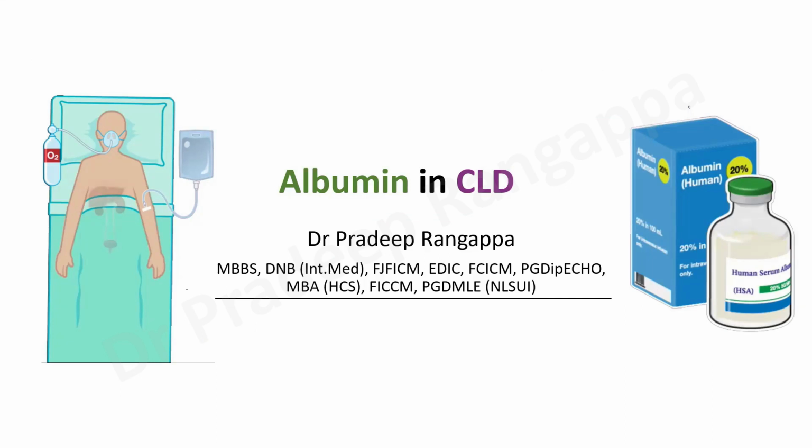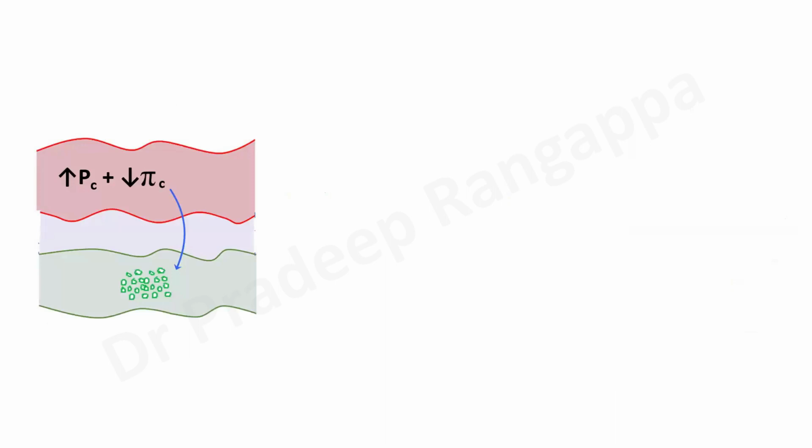This is a good topic for intensivists to ponder and have clarity on where albumin could be used as a definitive utility. In the first three slides, I'll talk about the pathophysiological aspects as to why albumin holds some promise in CLD. When you look at ascites formation in cirrhosis or CLD, the main pathognomonic feature happens